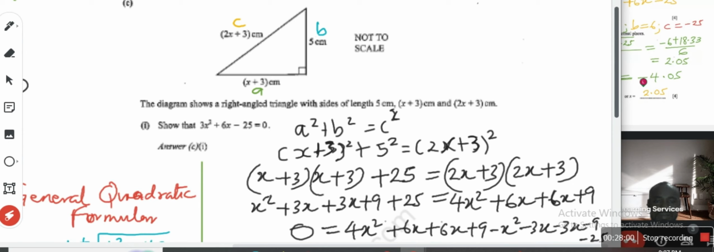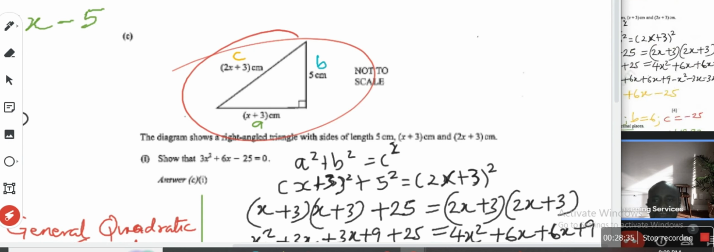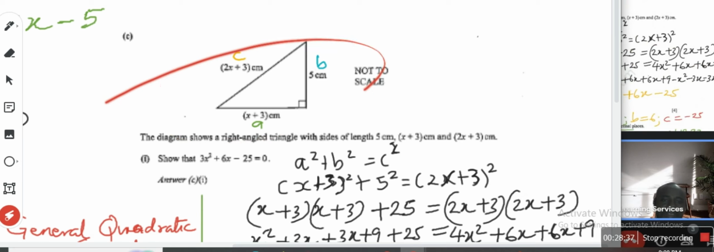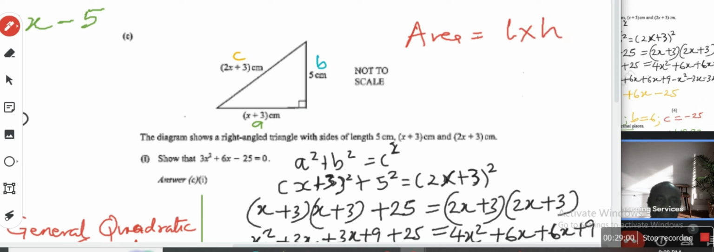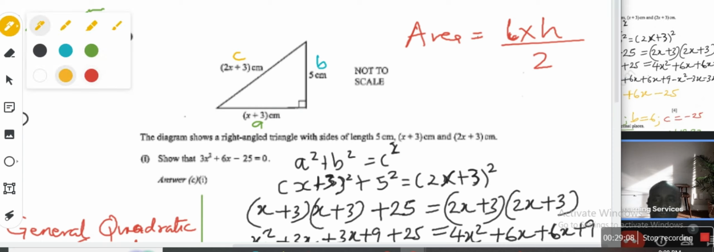Wait, hold on. The triangle we're working on is the triangle given in the question, right? Yeah. So you found what x is. All we need to do is to substitute it into the expression for the length, because like we said earlier on, area of a triangle is equal to length times height divided by 2. Since we have found what x is, we actually got two values of x, minus 4.05